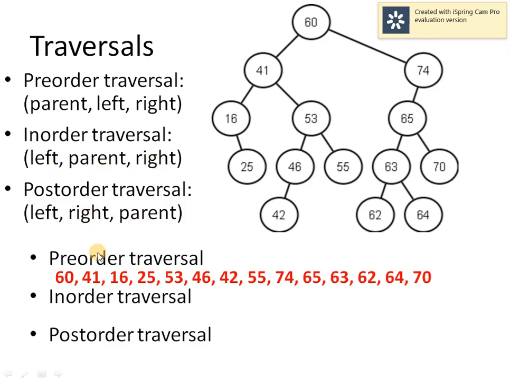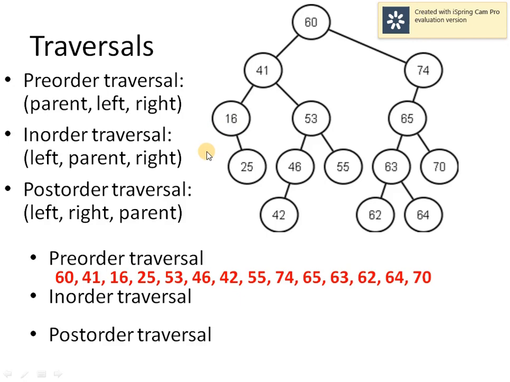So starting with the pre-order traversal again. We have visited the root, so accordingly we have placed 60 here. Then we have to visit the left subtree. 41 is the parent node, so it has to be visited first. So we have visited 41. Then before visiting the right of 41, we have to completely visit the left of 41. So we have reached node 16. 16 is a parent node, so after 41 we will visit 16. Then 25 will be visited after we have visited the left part of 16.